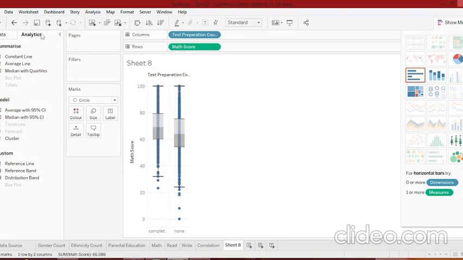Now, Tableau is mainly a data visualization tool, and this analytics part has some inbuilt ML tools. If we see here, it has cluster, it has trend line. Trend line I explained in the previous correlation graph also. In this analytics pane, we have this cluster. Cluster is based on k-means clustering, and trend line is linear regression. That is all for this introduction video about Tableau data visualization and how it is used in ML.